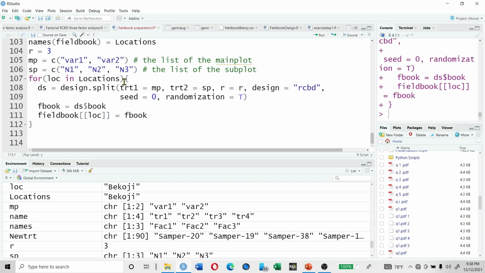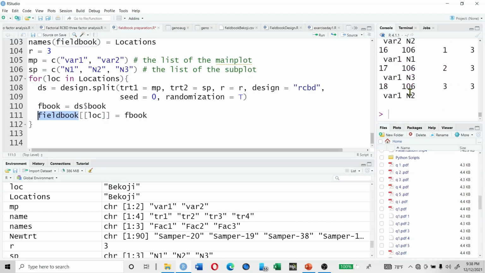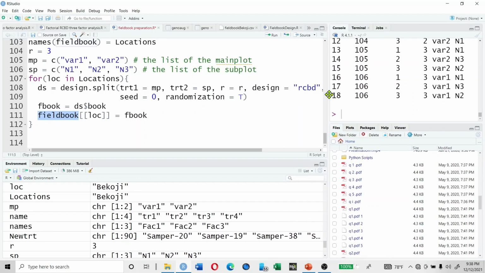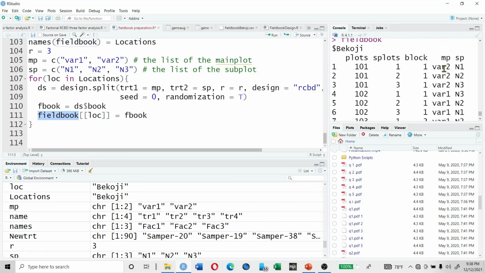Here we'll produce, and then when we see the output, we will see that main plot is var1, var2, var3,